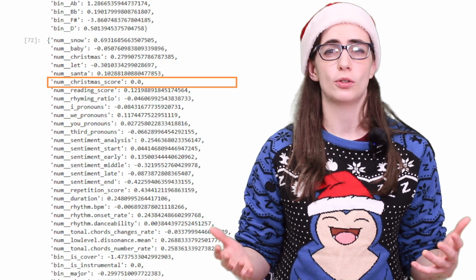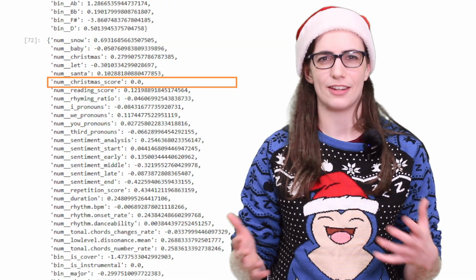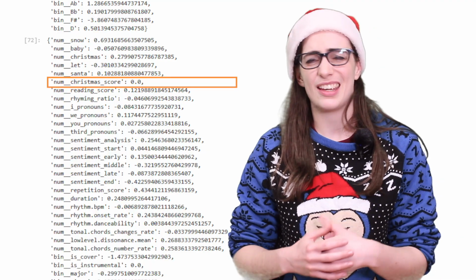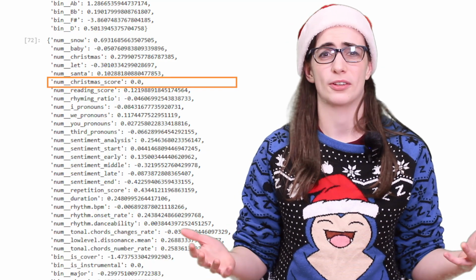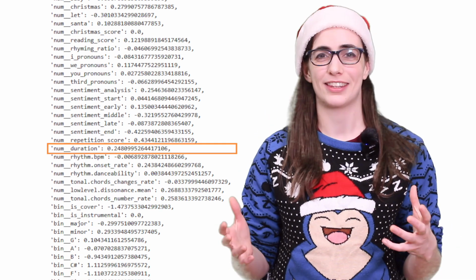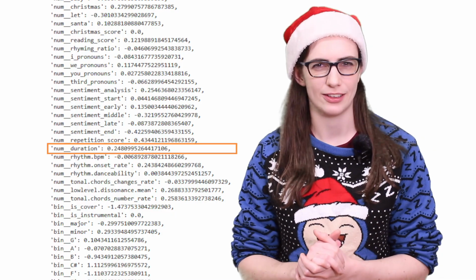Interestingly enough, the Christmas score was zeroed out to say it has no effect, and that's probably because all of the data I gave was Christmas music, and there were a lot of covers as well which didn't perform as well. It's a moot point because we're going to write a Christmas song anyway, so we're going to get the Christmas score either way. My duration leans slightly longer than the average according to my model, so we want a song that's about 3 minutes and 43 seconds overall.